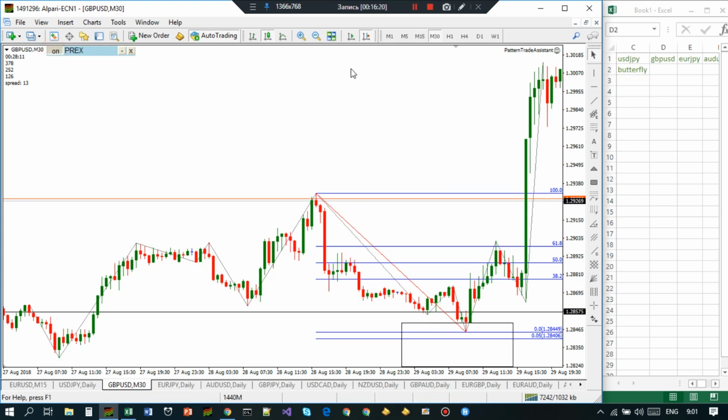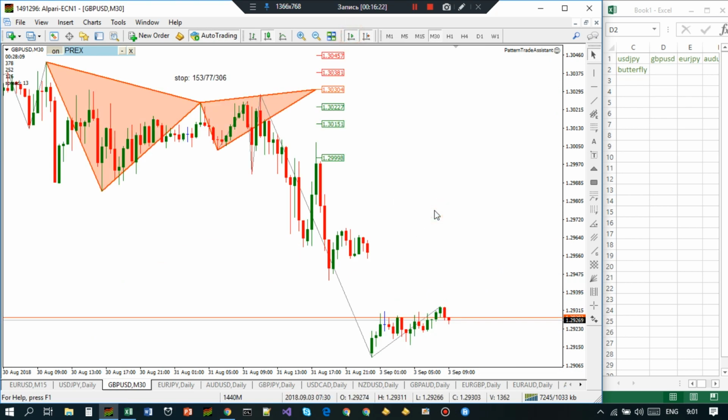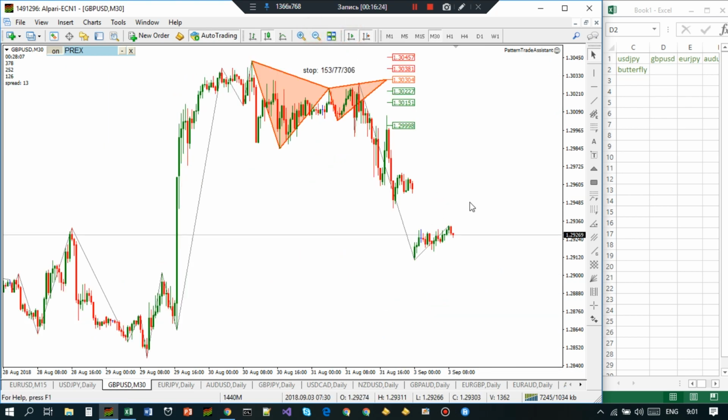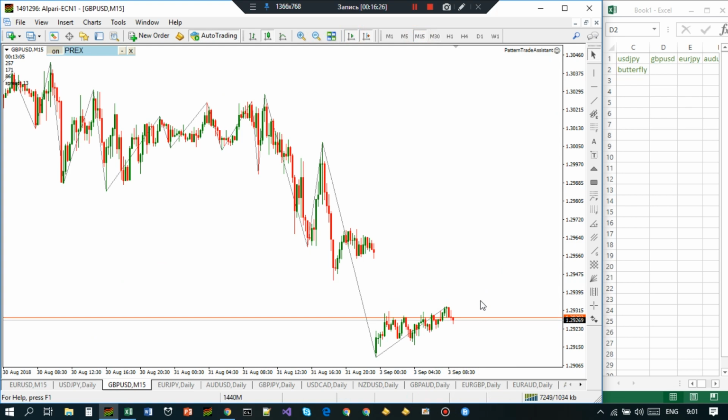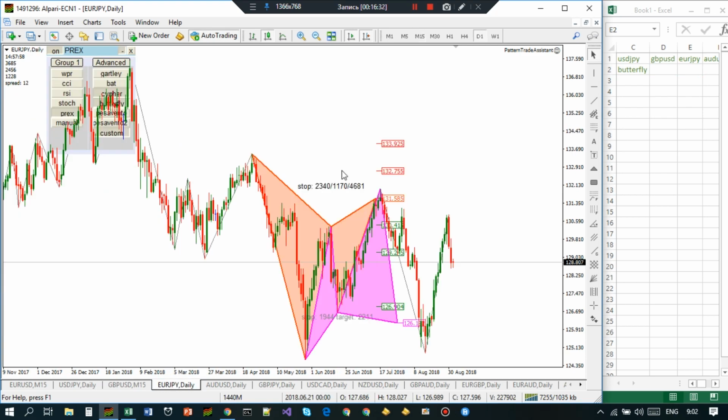Okay, as we switch to 30 minutes, let's see what happens today. Nothing is there, and 15 minutes, nothing. Let us switch to Euro Yen on daily. Wonderful winners here and there. It is what I'm talking about. This was a warning sign. Tail close, cipher